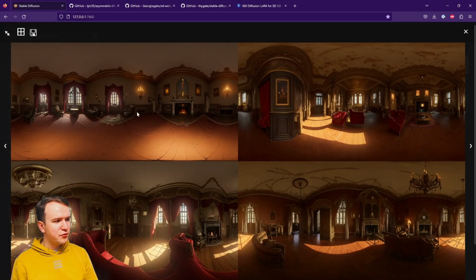So they're all pretty dark, like I said. They're kind of more like Baroque than Victorian per se, but I do like them. There's only so much we can tell from looking at these photos like they are, right? These panoramas, because they're so warped, we can't really imagine them well.